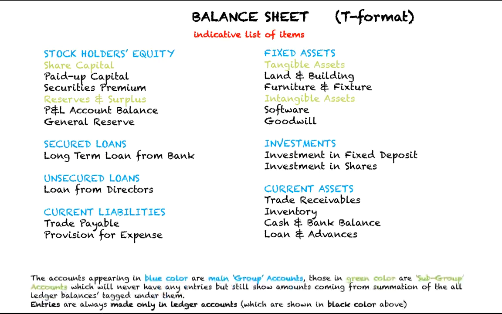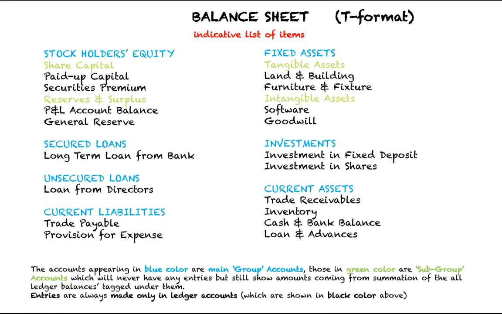So I've done the note. You must have seen that in my P&L session. For those who have seen, the main group accounts are listed above in blue color, the subgroup accounts in green color, which will never directly have any entry if you go to your accounting software. The entries will be done in the ledger accounts which are listed above. And from these ledger accounts which are pulled out from the trial balance, you present them here in the P&L. And the summation of ledger accounts goes to the green accounts, from the green accounts to the blue accounts. In real software or real accounting, you may not have colors. I have used colors for your ease of understanding.